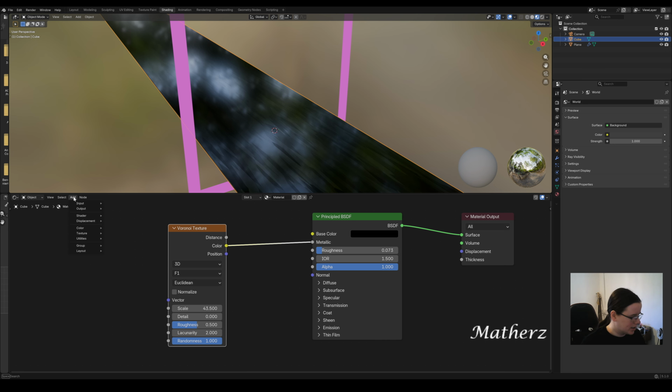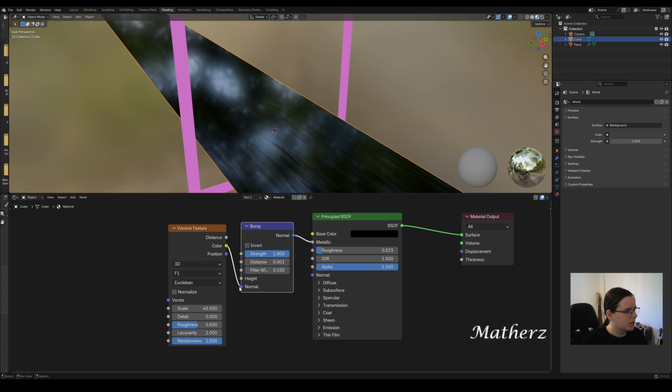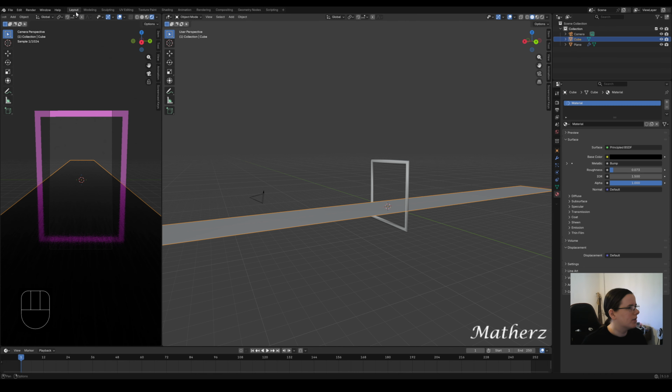Let's go with add, and bump. Place that in the middle. You want color to height. And we're going to go ahead and increase the distance upon this one. So you might not see it straight away. And also increase the filter as well. As such. So, coming back to our layout, we should have something like this with a little bit of texture